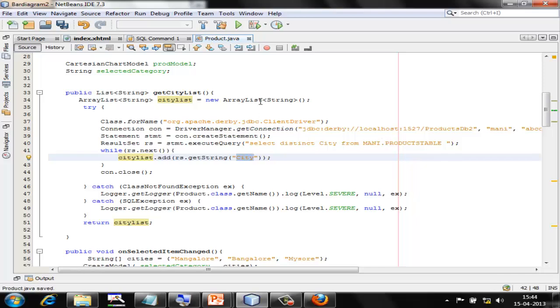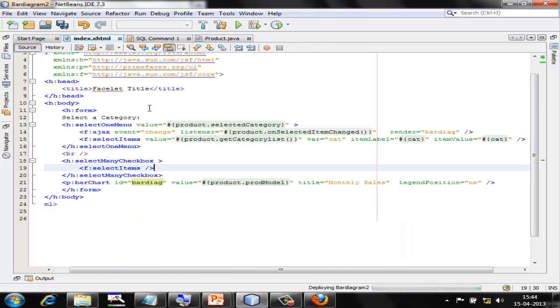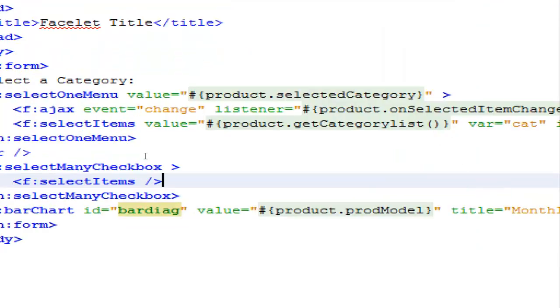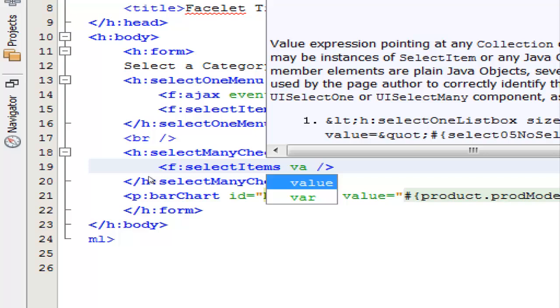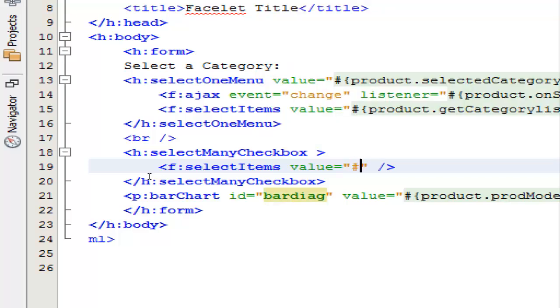Let us connect this one. So your query is done. Let's go to the checkbox here and just connect it. So what is the value that you're going to get? Remember, this is items. You must be careful, it is not item. So what is the value? Again, as usual, product dot